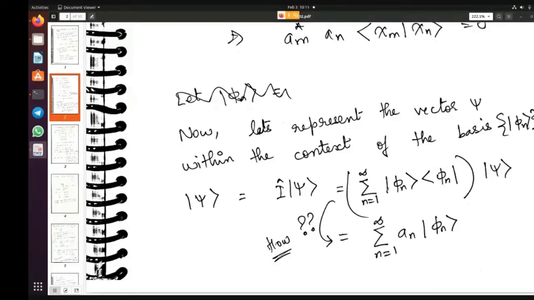Okay, so this thing gives you a square matrix, and then you're summing this whole thing up, and then you're getting psi. So from here you're going to get this finally, but we have to see how we are getting it. So basically what you're doing is you have the state vector psi, and you're now writing it in terms of the basis set. Okay, so this is the way of getting that.